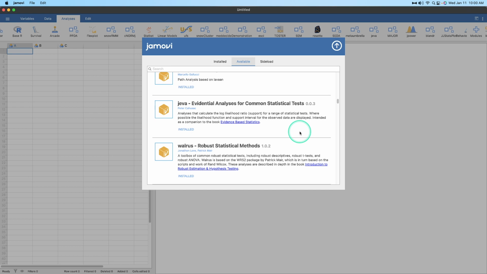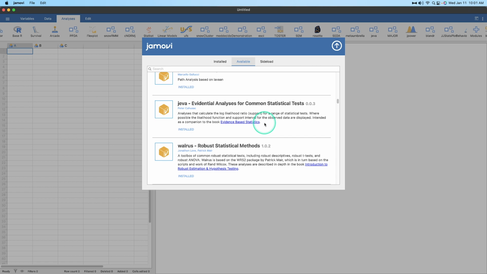Anyways, Evidence-Based Statistics. If you want to learn more from Peter about how to do this, I'm going to show you the t-test module. There are other analyses within this module, and you can extrapolate how to do the other ones from there, with resources online. I will link a few different things in the description below, so you can find the book, you can find the paper on the R package, which is what this is. And you can explore it from there if this is something that you want to explore in your teaching or in your statistical learning. Again, not super versed in this, but I can explore and explain what it is you're seeing here